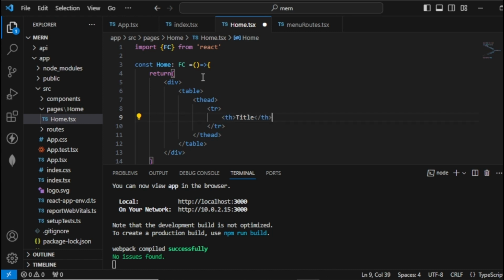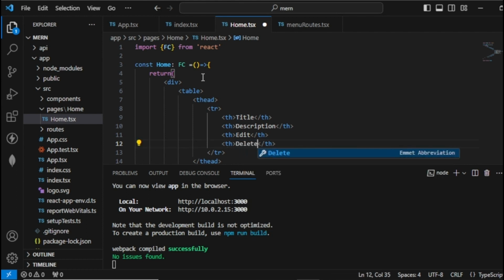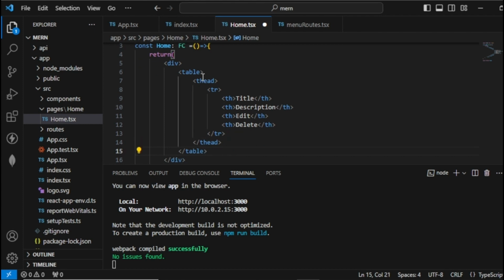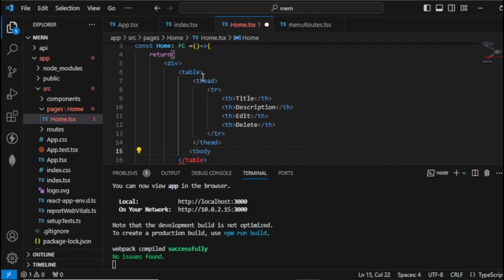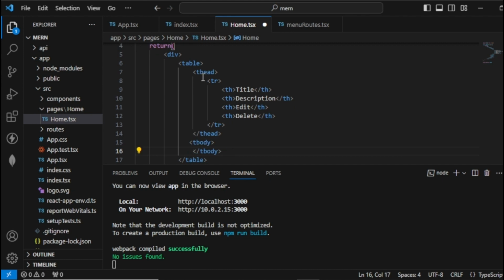let's copy this one. We have description. Next, let's add an action column. So the first one is the edit, and the last one is the delete. Now within this head, we need to construct the body. Now for our body, let's begin by typing tbody. All right. So within our tbody,